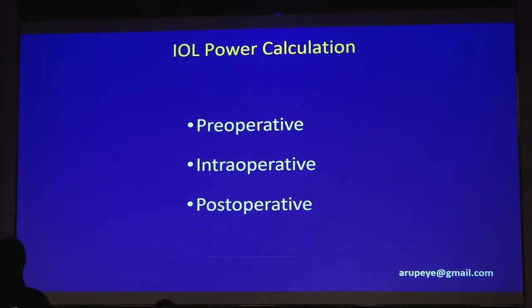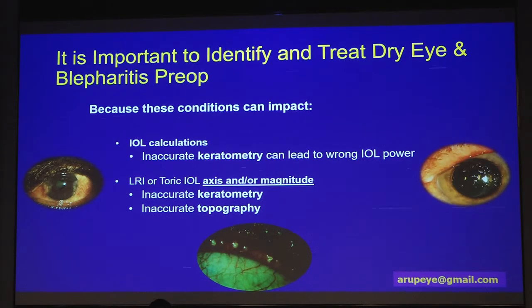What I realized a long time back is that IOL power calculation is not a one-off event in the history of a cataract surgery patient. It is not something that you tick off a preoperative checklist. It is an overall experience which pervades the preoperative, intraoperative, and postoperative period. Preoperatively, the bulk of the IOL calculation is done in this stage, but events in the intraoperative period and the postoperative outcome also have important bearing on overall IOL power calculation.